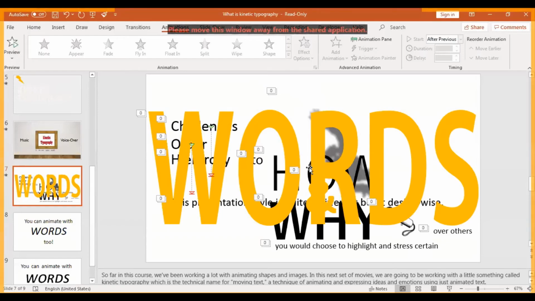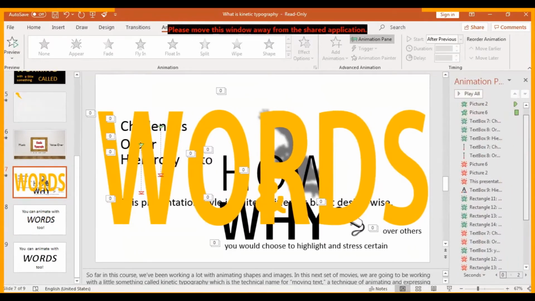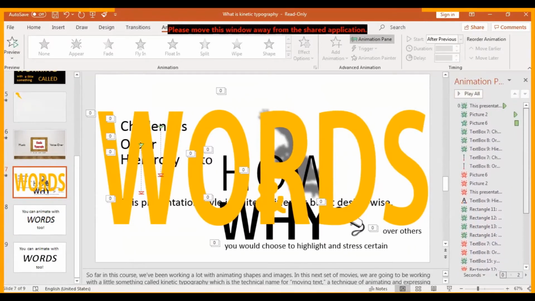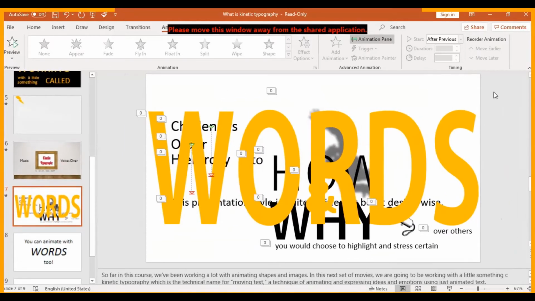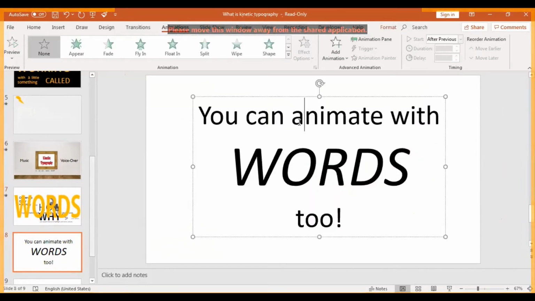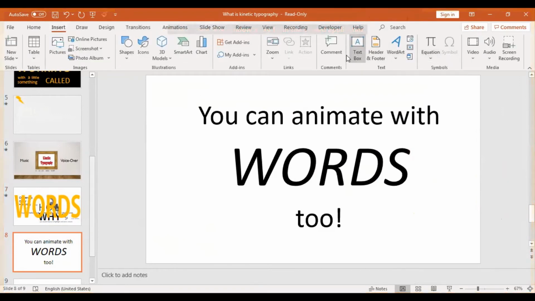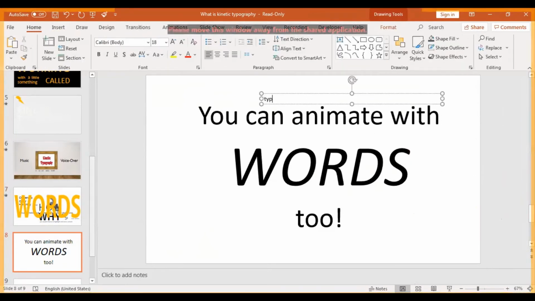These all are pretty coordinated. I'll show you the animation pane for this one. You can see it's a little bit busy. It might seem like a lot, but getting started and applying these to your own slides isn't too bad. So let's look at this one, for instance. This is just a slide with a text box. All I did was go to Insert, Text Box, draw a text box, type in what I want,